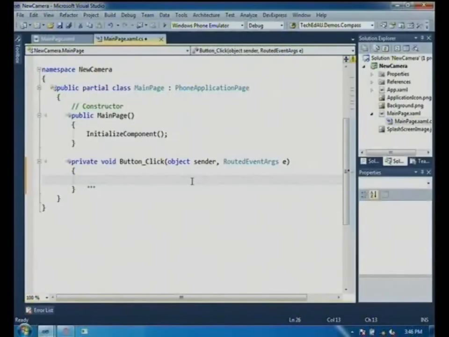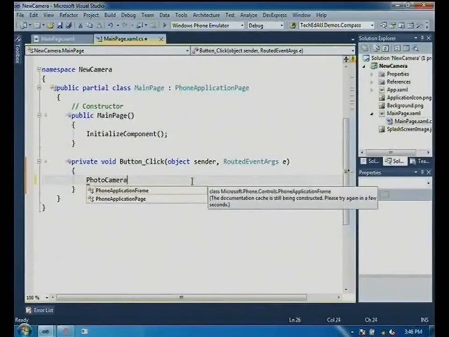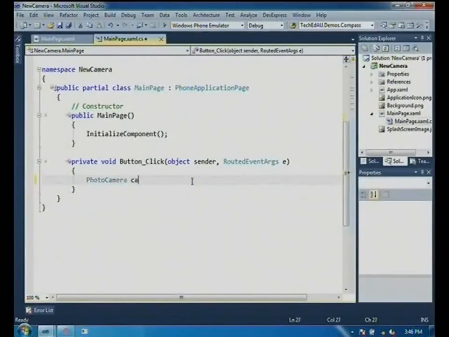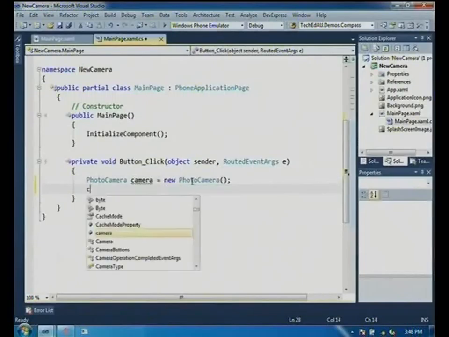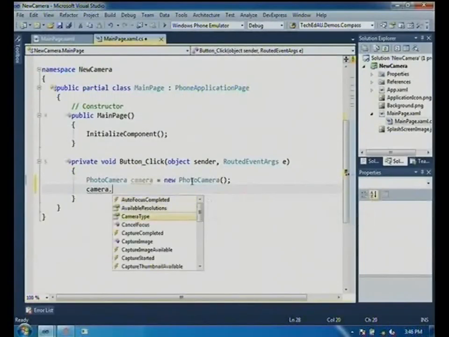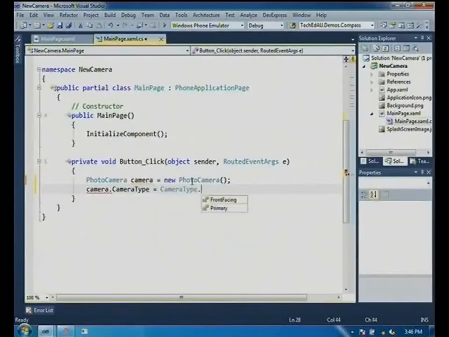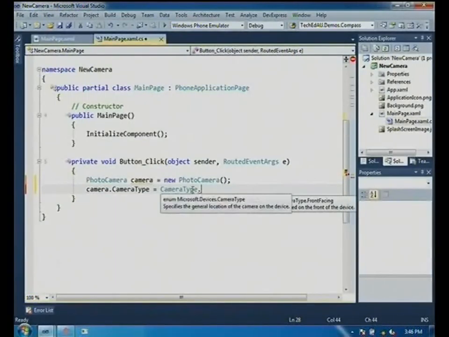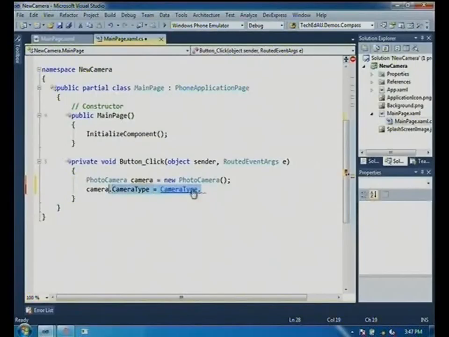Straight into code. So back to the photo camera class, for example, it's pretty simple. Photo camera. So all those people that were worrying about whether there's a front-facing camera coming in Mango or not, it's in the API, so of course there's going to be a front-facing camera coming.